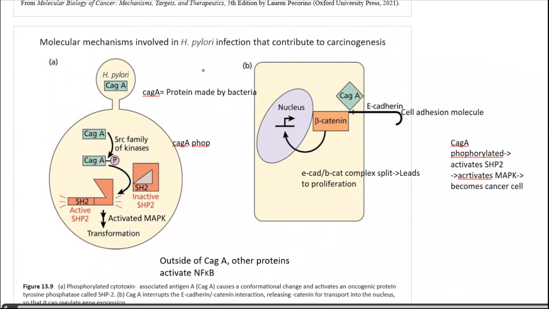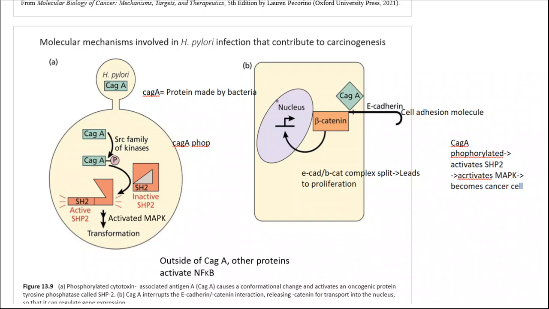And then bacterial infection contributes to carcinogenesis in different ways. This bacteria makes this CagA protein, and it gets phosphorylated, and then it can activate this SHP2 protein too. I think SH2 is just a binding site. Anyway, once SHP2 gets activated, it activates MAPK pathways,